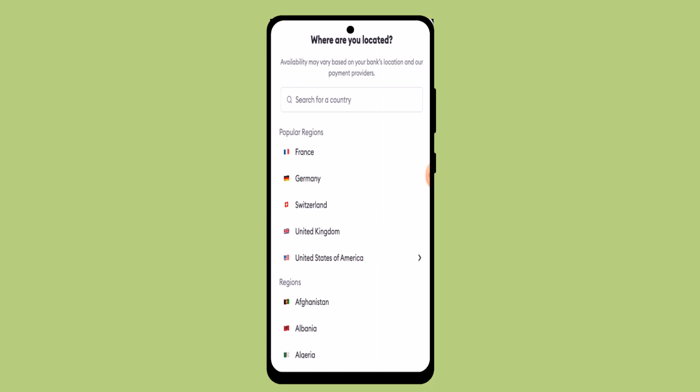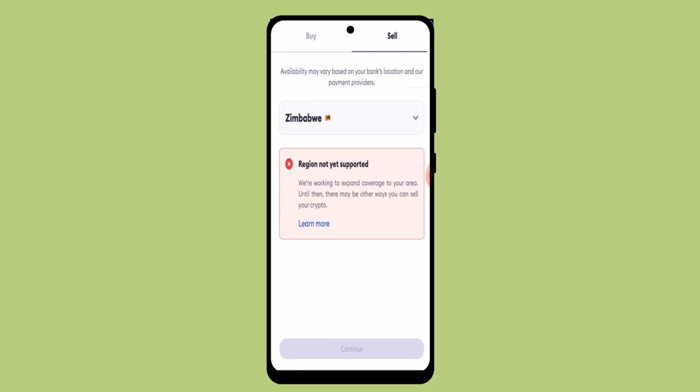After that, it's going to ask you where you're located or where is your current resident, and go ahead and select that. Next interface, you need to go ahead and select whether you want to buy or sell. Since you're selling the crypto, go ahead and tap the sell button and click the continue button located right at the bottom. Then it's going to ask you to enter in the exact amount of crypto that you wish to